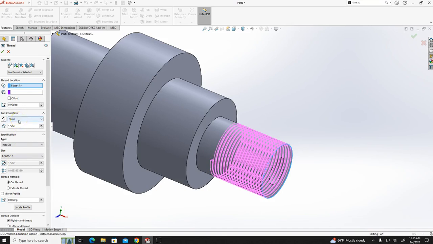Through the blind, if you know the specific thread length, then you can type in the thread length over there. So if I increase thread length to 2 inches, you can see it will increase the length up to 2 inches. So this is the blind option. Another option you will have,